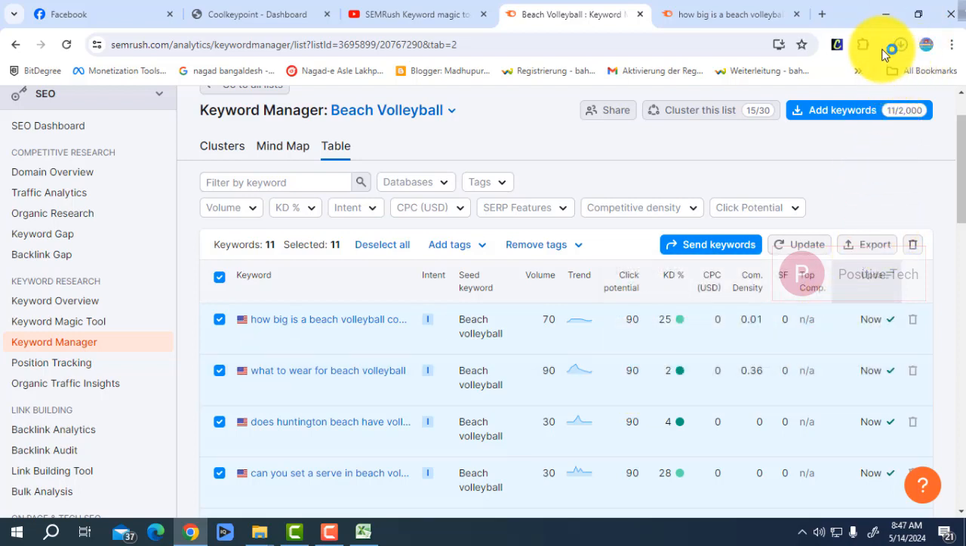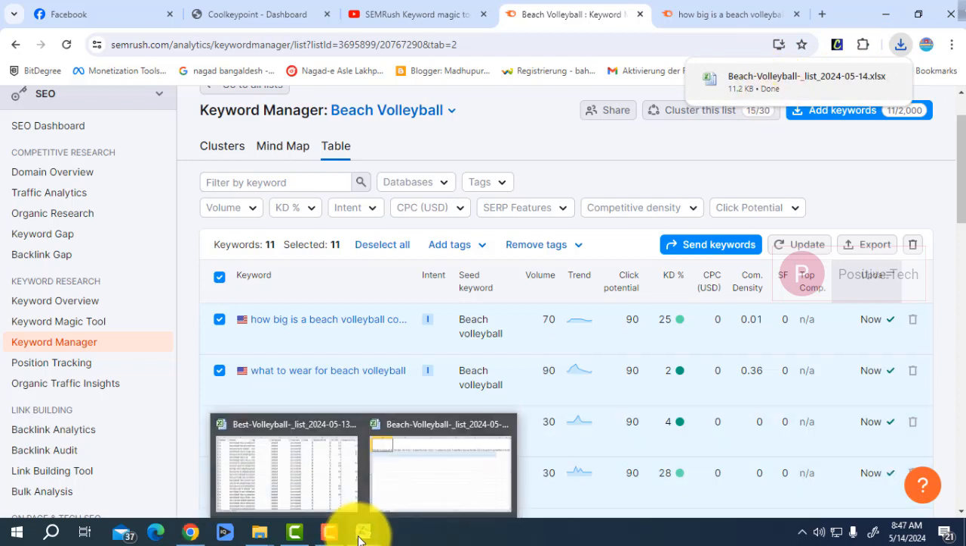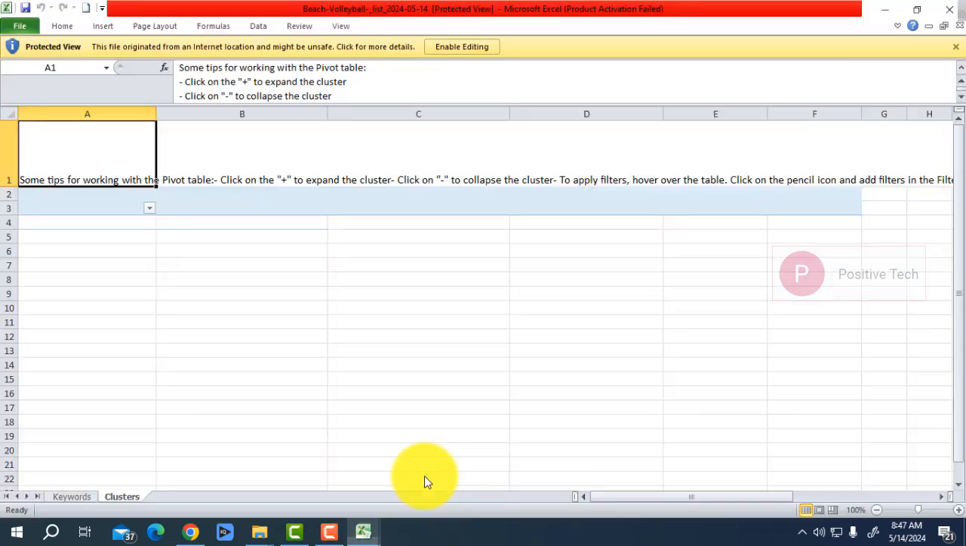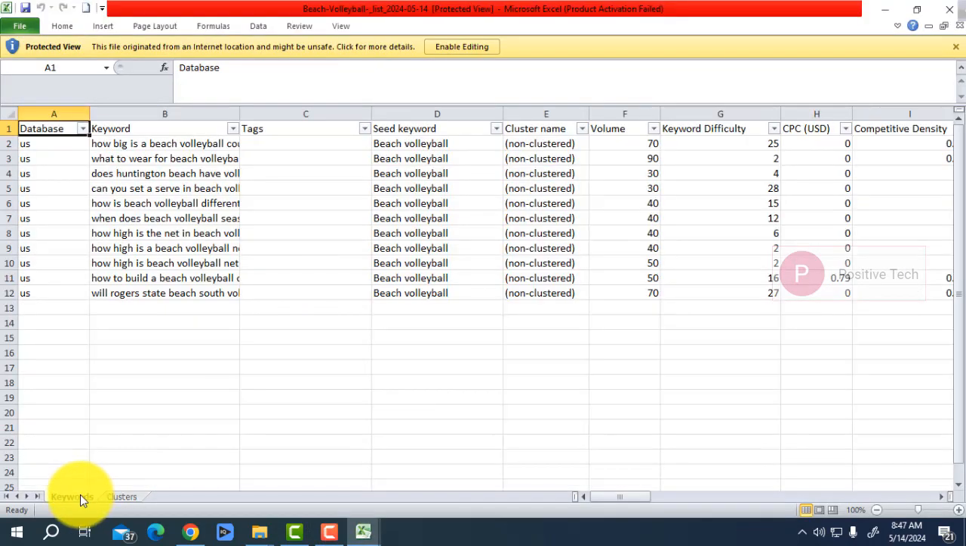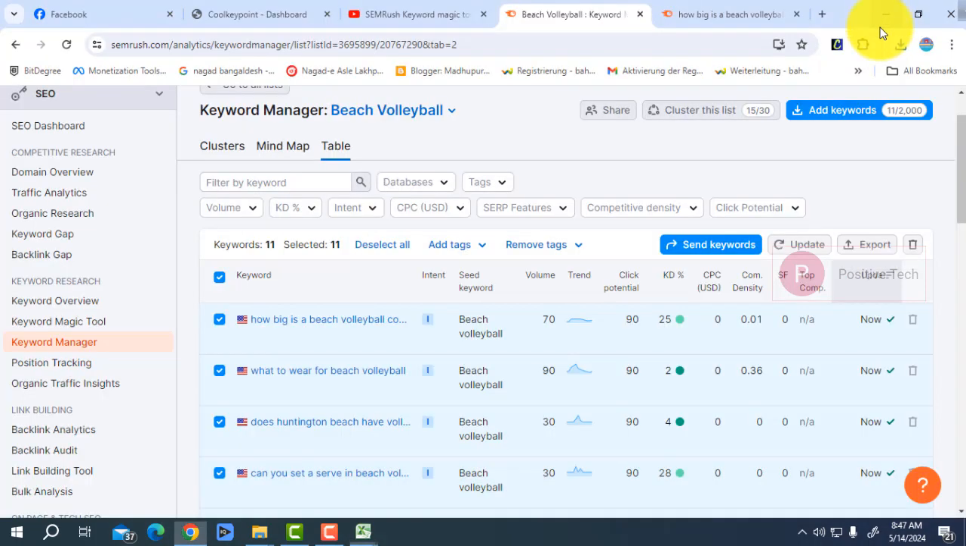I will show you here. If I go there, our keywords will come here: how big is a beach volleyball court, what to wear to beach volleyball, and so on, all about beach volleyball. That way you can use Keyword Manager and Keyword Magic Tool